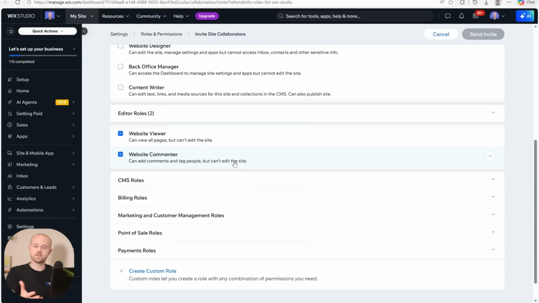Let's say there's a button in the navigation bar that they're not too happy with the background color or the particular copy that's being used. They can drop a comment on a very specific part of the page, and then the next time you're in the editor, you can pick up from that comment and make those changes. So this is a great way to bring on board